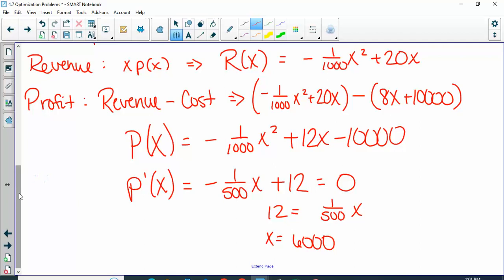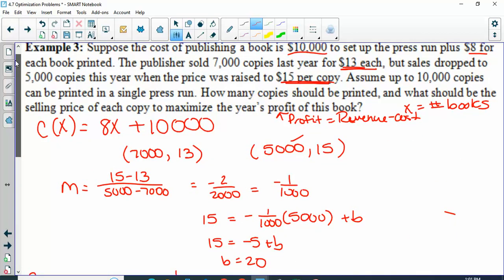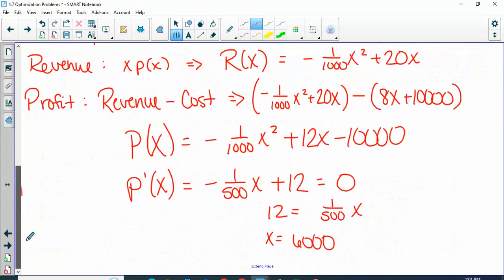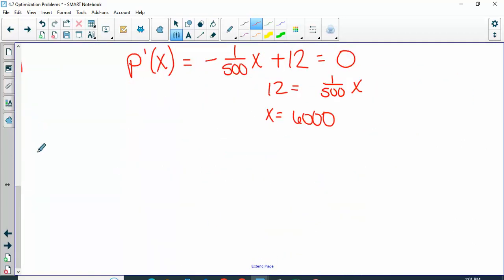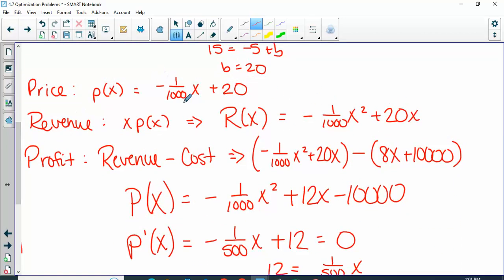So then to answer the question, it wanted to know how many copies and what should be the price. So x is the number of copies. And to get our price, we plug the 6,000 into our price equation. So negative 1/1000 times 6,000 plus 20 is,